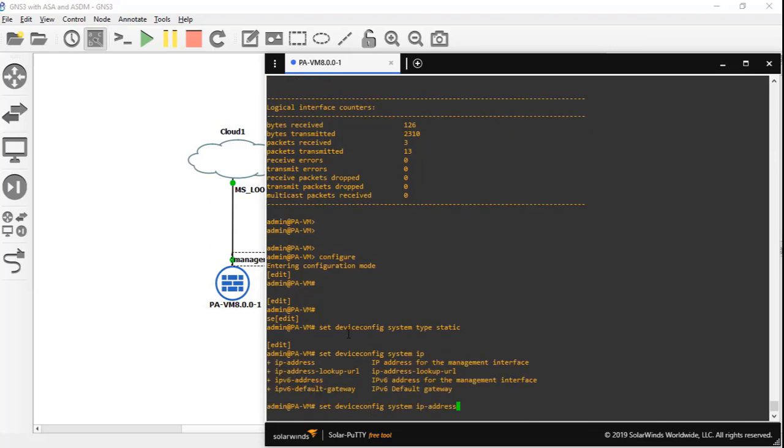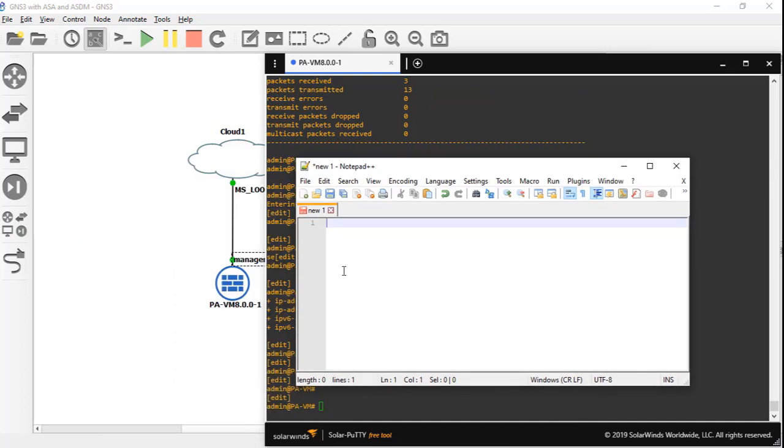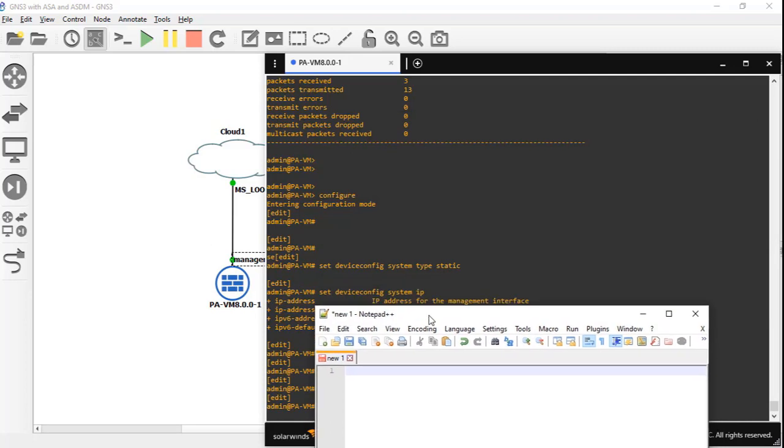System IP address 10.0.0.12. We'll make it 12, same range. Netmask has to be 255.255.255.0, and there you go. See, it starts working. So what I will do is go back to square one and write the entire command in a notepad